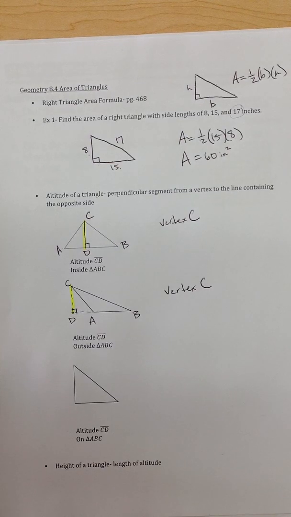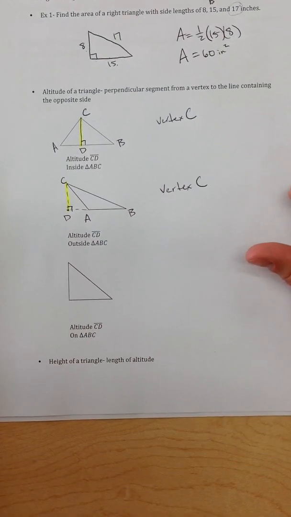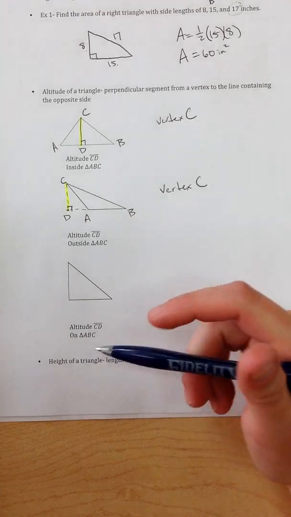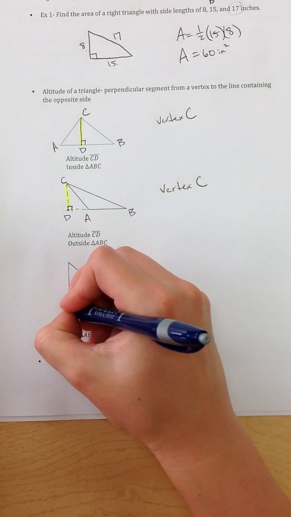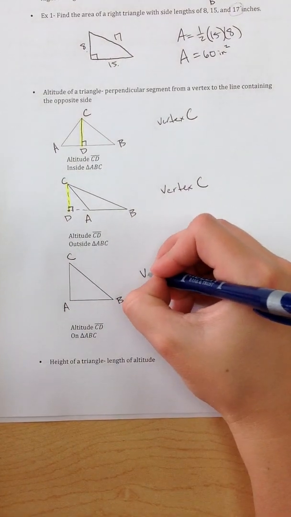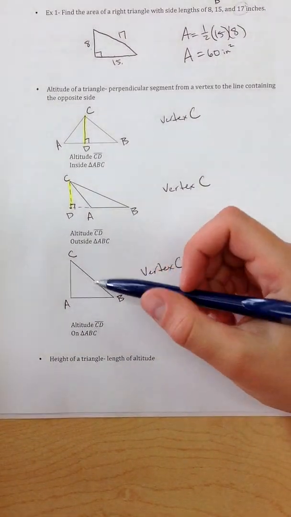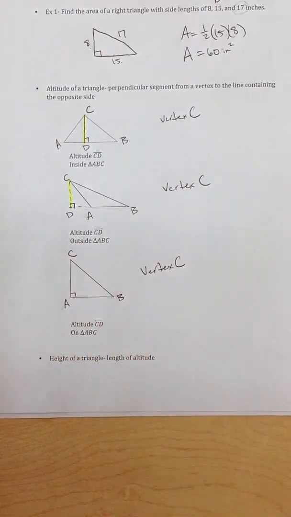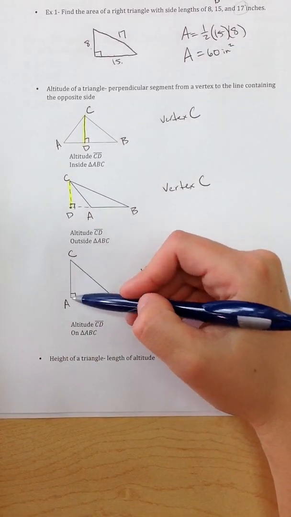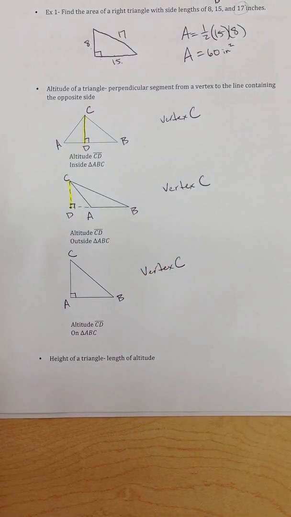Even though it's not inside the shape, we can still use that as our height of the triangle. Sometimes you'll have it where it's outside of that triangle. Now this one here is where it's on the triangle, so if I go A, B, C again, and my vertex is C, this would be like a 90-degree triangle here. If I go from C straight down to my opposite side AB, what's going to end up happening is